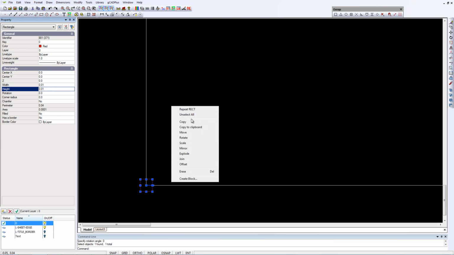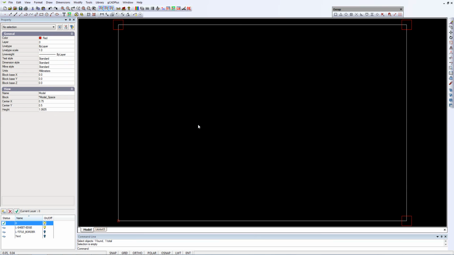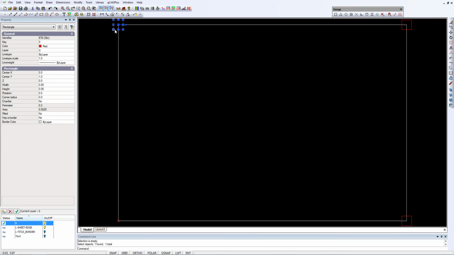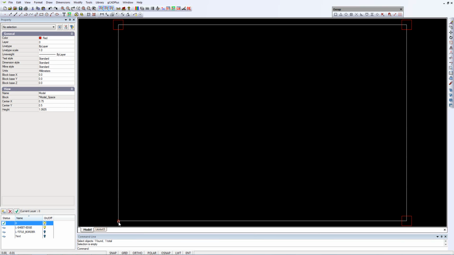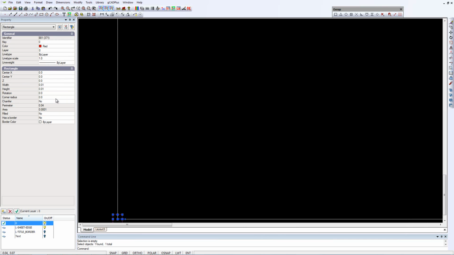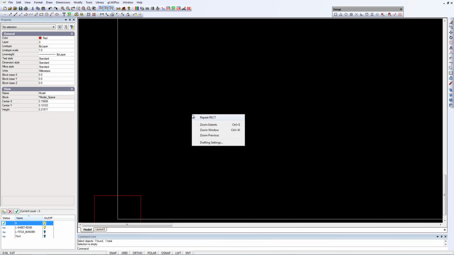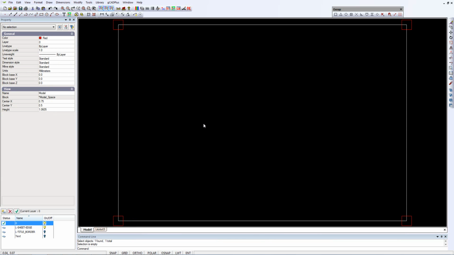Now if we deselect all and zoom extents, you can see the boxes, and I typed the wrong size, didn't I? The original ones were 0.05 for width and height, and what did I do here? Pick that one, 0.01, didn't I? So we wanted 0.05. My mathematics was just a little bit out there. So if we do that and hit enter, deselect all, and zoom extents, all rectangles are now the same